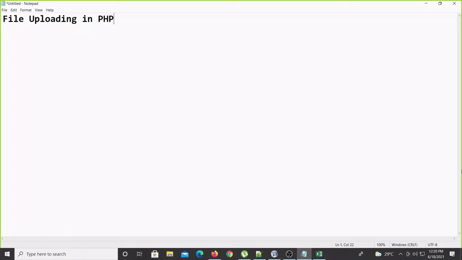By default, in any web application, and in any local system also, that setting is there: you can upload only up to a 2 MB file. Default is 2 MB. But if you change the setting in php.ini, in place of 2M you can upload up to a 100 MB file also, not a problem. But for a 100 MB file you require more bandwidth and a good network connection, so that is not good practice. Better you give 2 to 5 MB, or maximum 10 MB also, okay, no problem.